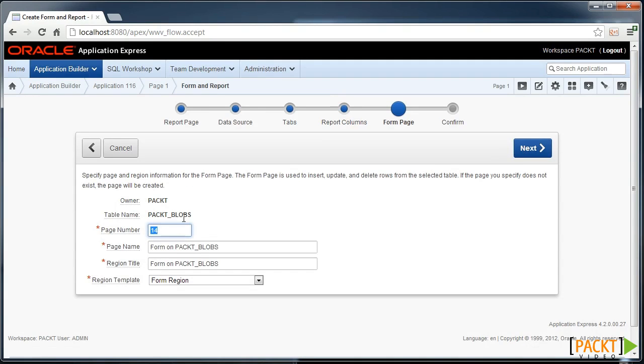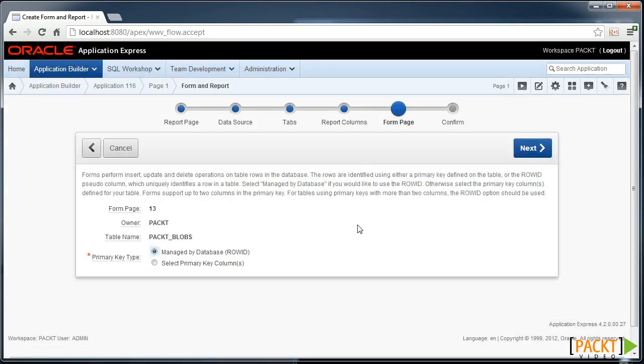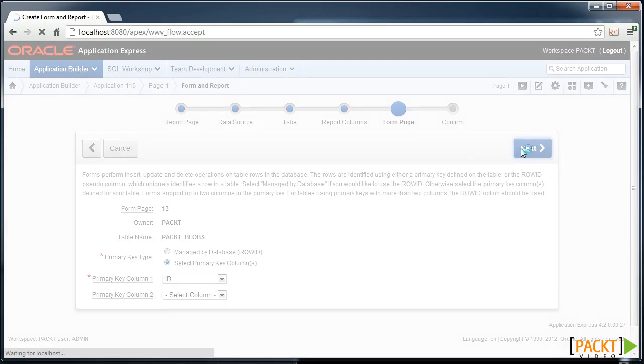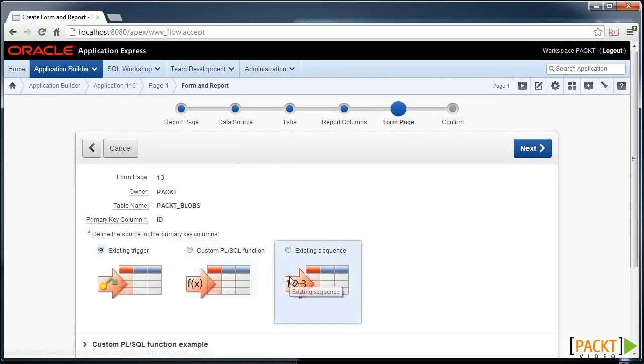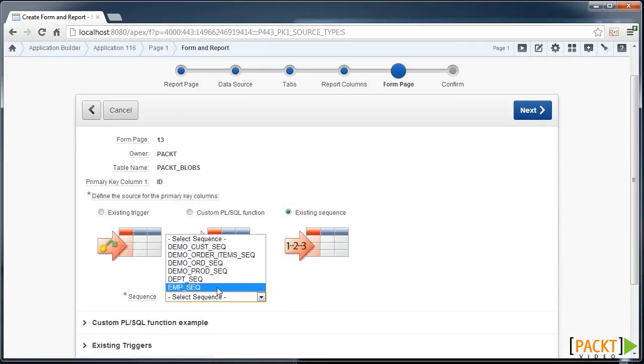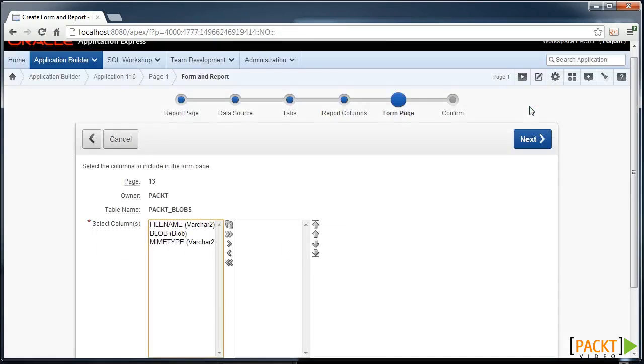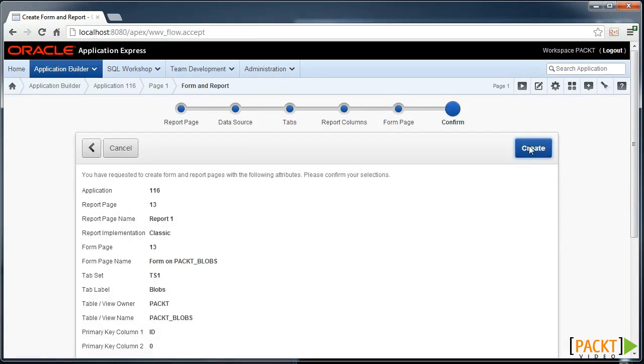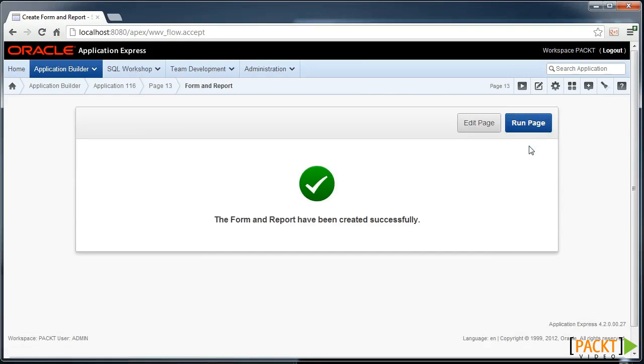Now when I get to creating the form page, I'll use the same page number just to put both of these on the same page. I'll use the ID column as my key, and I don't have a trigger on here, so I'll just use an existing sequence, and I like these fields on my form page. So we'll create this page 13, form report,